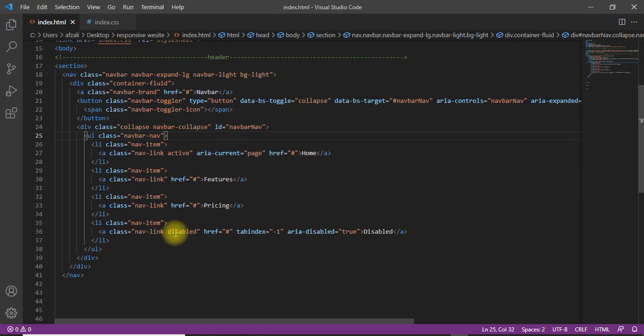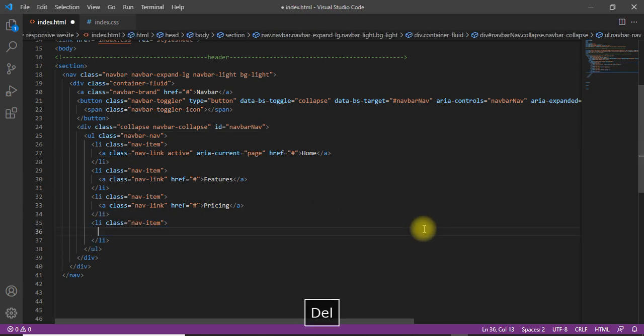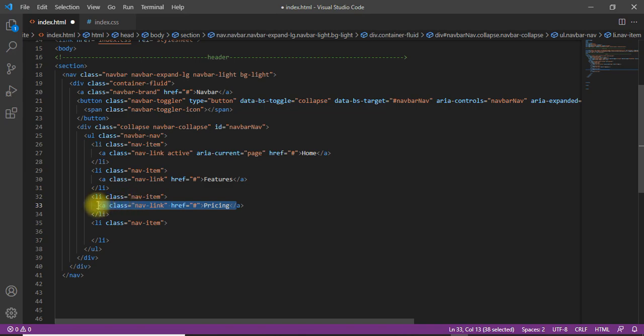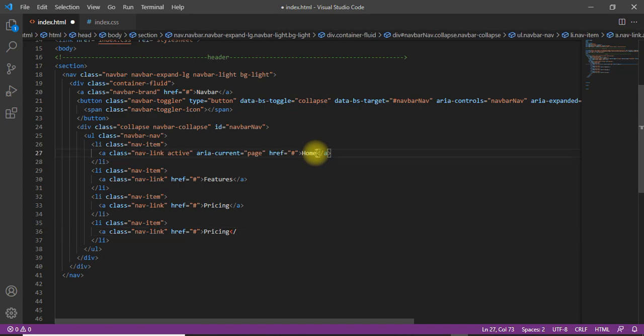Here is the disabled navigation bar, so I can remove it from here like that, and I copy this navigation and paste it. Now I just want to change it. Here is home, features, pricing. I just name it here categories.